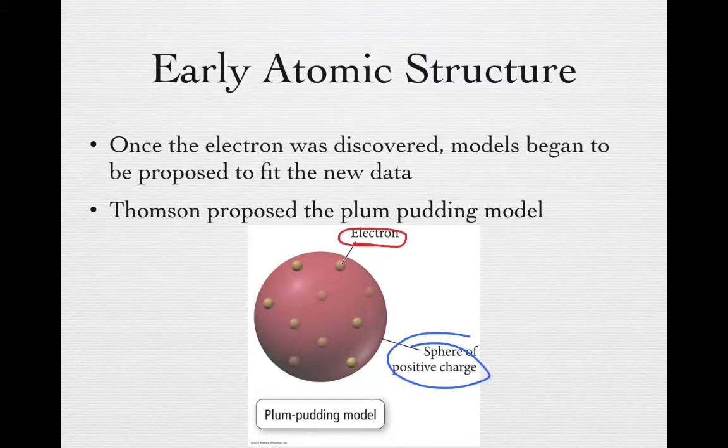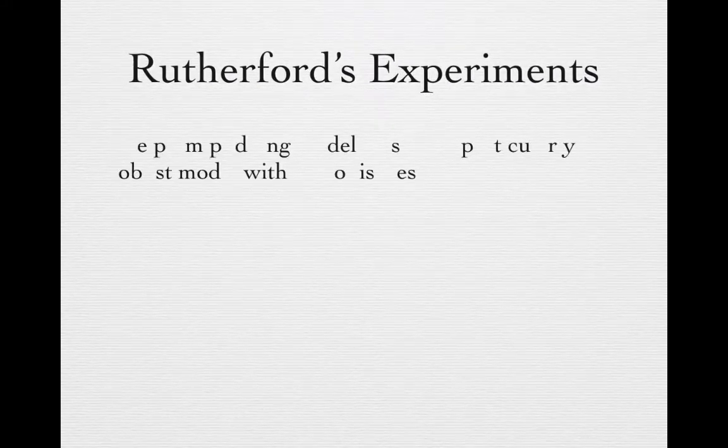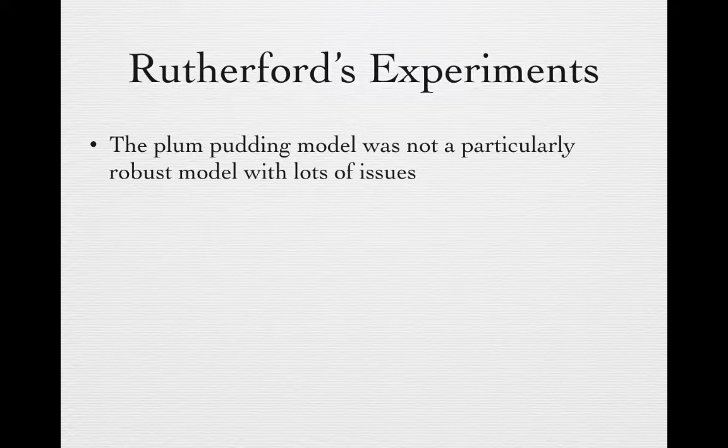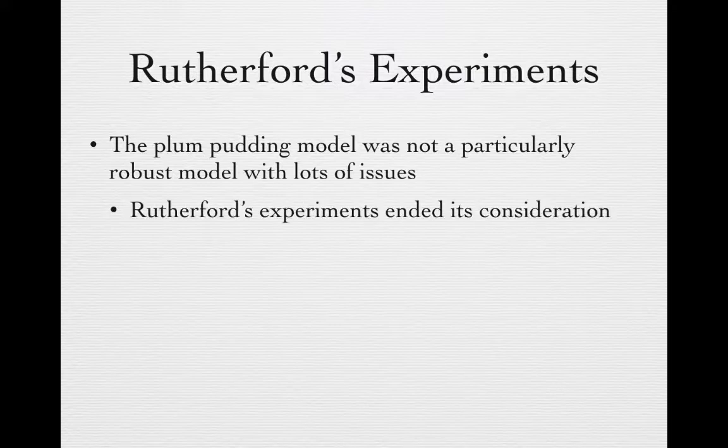You had this blob of positive charge with negatively charged electrons inside of it. And that actually worked fairly well for quite some time. However, as more and more experiments were done, the model began to fall apart. So as we say here, it's not a very robust model, and there were a lot of observations that it could no longer sustain. So we started needing some new models,